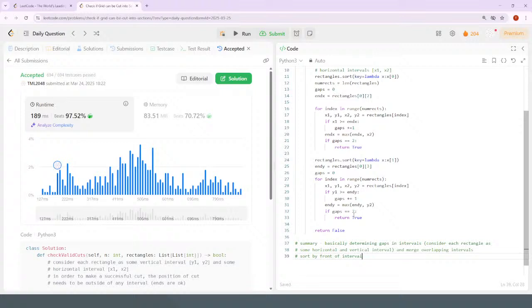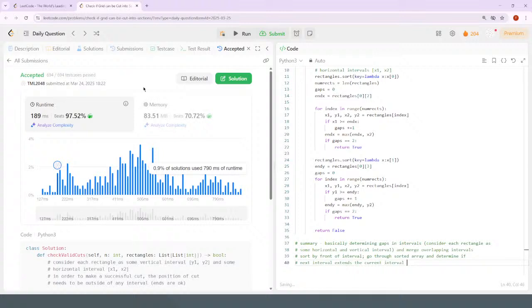That's this code, and then go through the sorted array and determine if the next interval extends the current interval, and by extending it would happen,